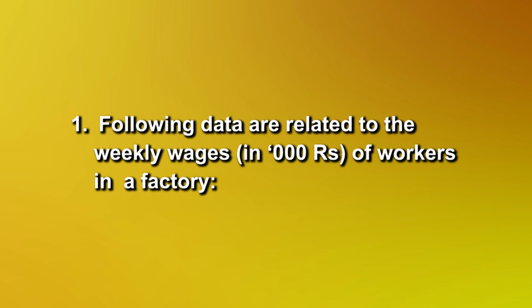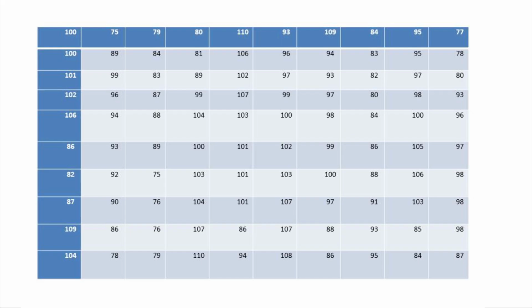Following data are related to the weekly wages in 1000 rupees of workers in a factory: 100, 75, 79, 80, 110, 93, 109, 84, 95, 77, 100, 89, 84, 81, 106, 96, 94, 83, 95, 78, 101, 99, 83, 89,